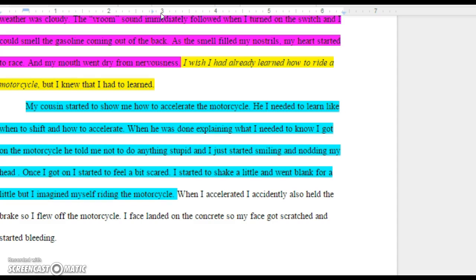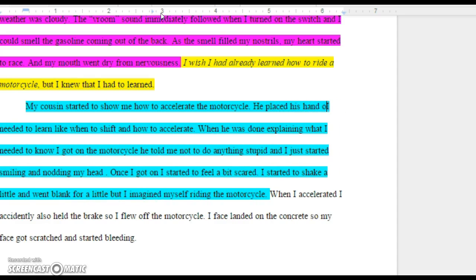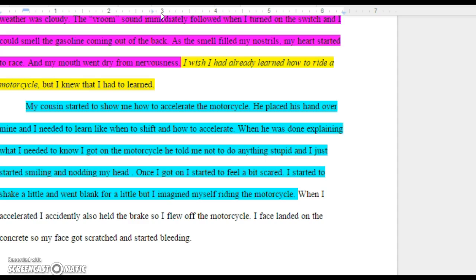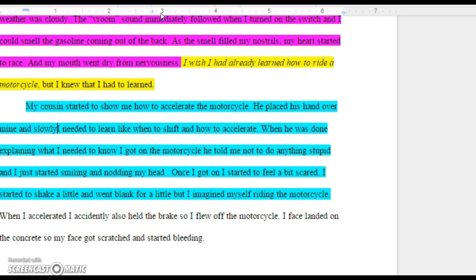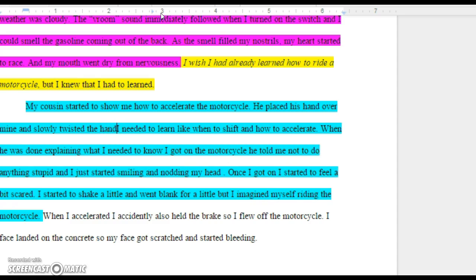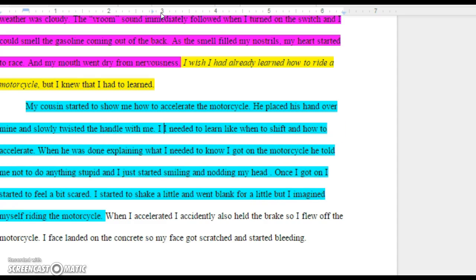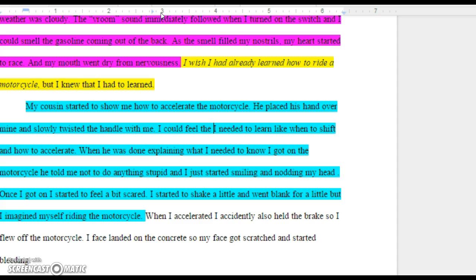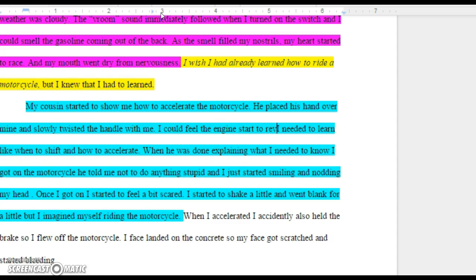He placed his hand over mine and slowly twisted the handle with me. I could feel the engine start to rev.